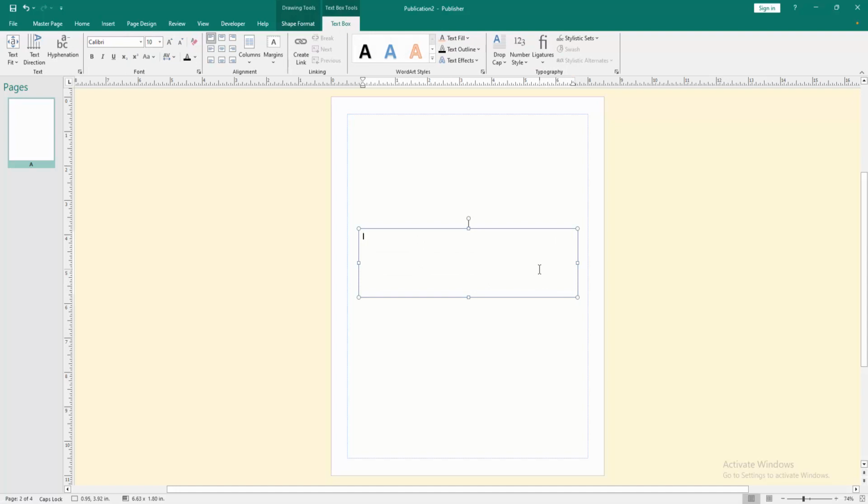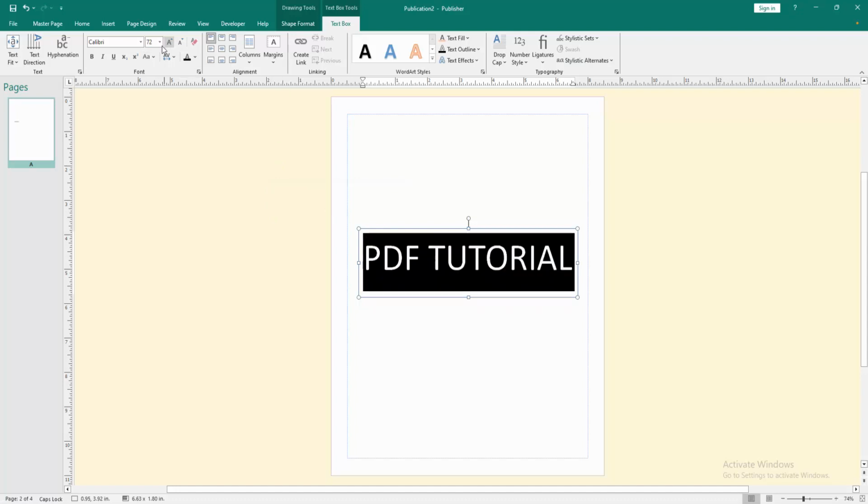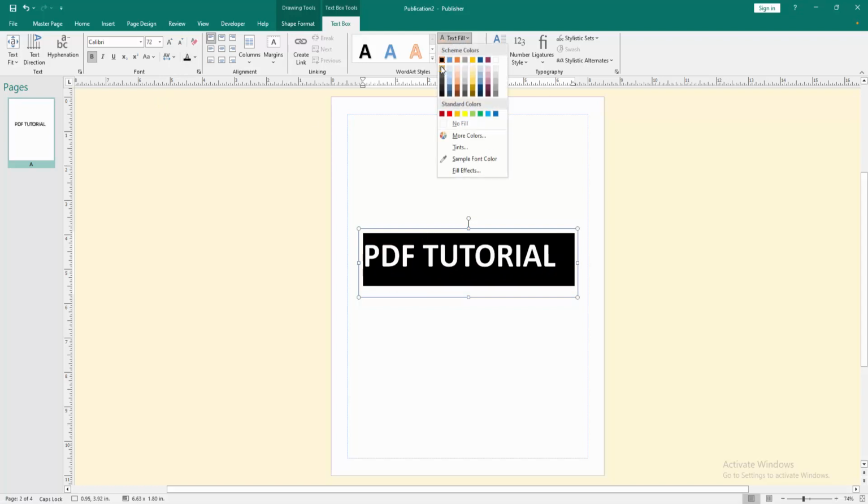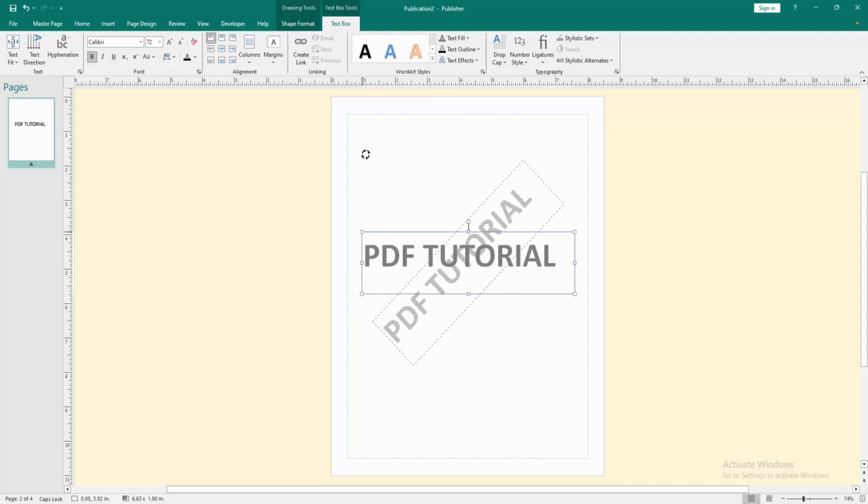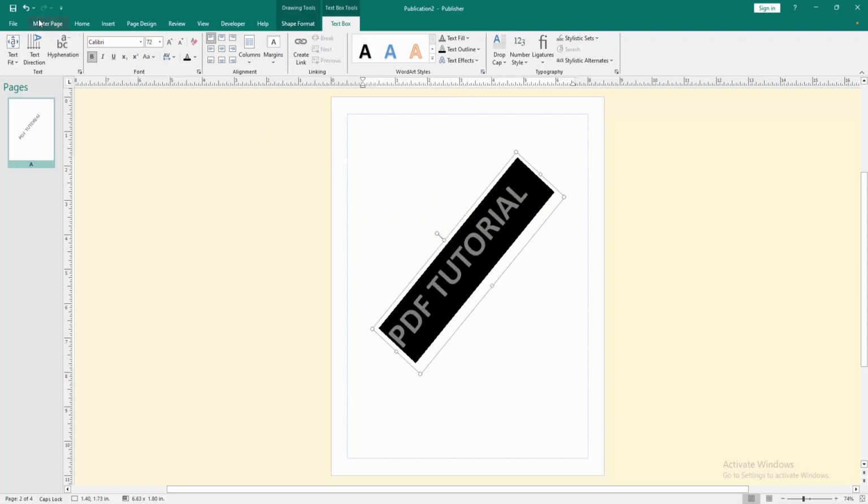write our watermark text, then select this text, click and drag with our mouse and increase the font size, then apply the bold effect. You can change the color. Now I select this Text Fill option and choose this color, then rotate the text box and go back to the